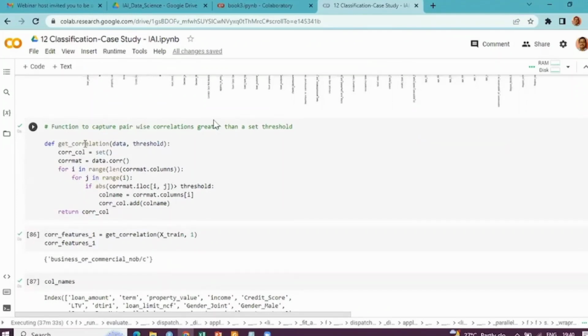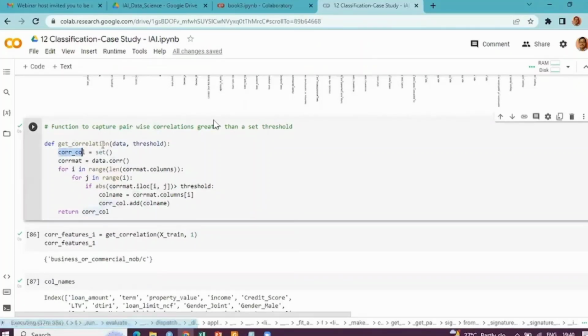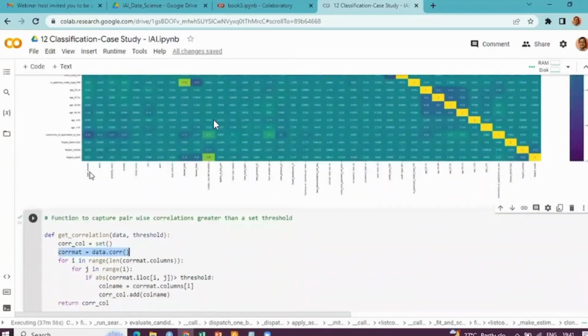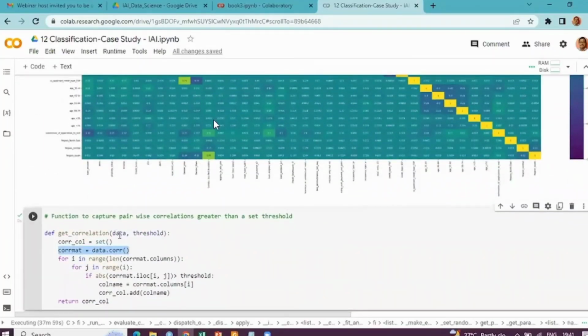If you look at it, I am creating a set of correlated columns, the highly correlated columns. So what am I saying here? For the entire data, first I'll take the correlation matrix, just like the way we have done here. This is your correlation matrix for the entire data, whatever you pass, I would compute the correlation matrix. Now, I am looking at the number of columns in that correlation matrix. So basically, if I represent it like this,